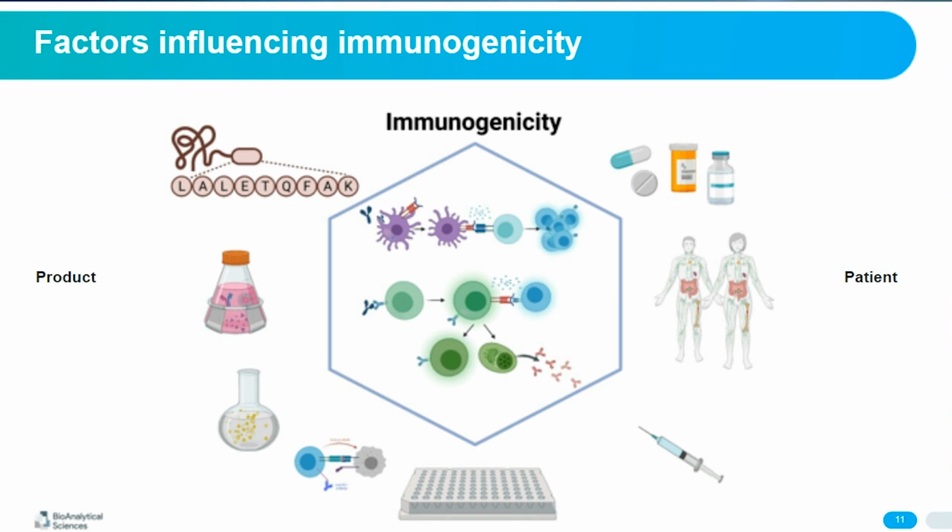molecules. Those factors can generally be divided into two categories. One, the product-related factors, and two, the patient-related factors. In the product-related factors, we can find the sequence of amino acids that our biotherapeutic is comprised of. Those amino acids may form peptides with high binding affinity to HLA class II, for example. This may increase their chances to be presented by multiple HLA class II, and by that increases their chances to